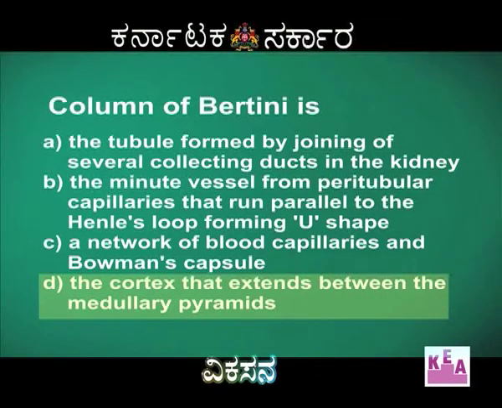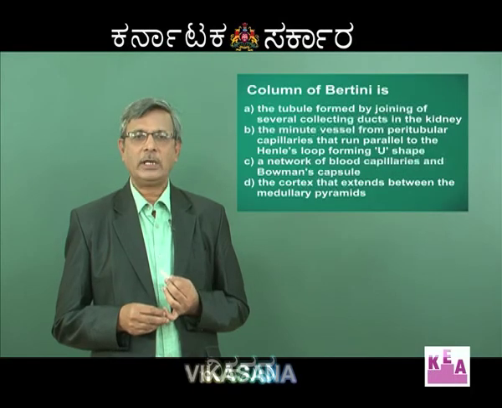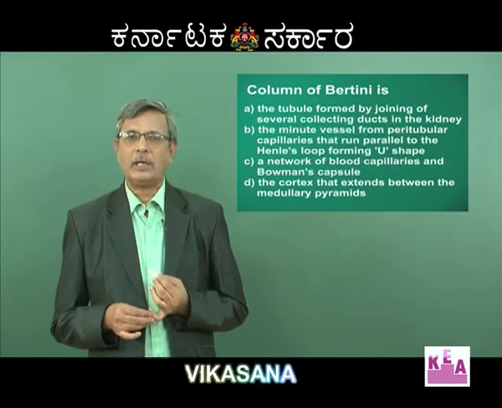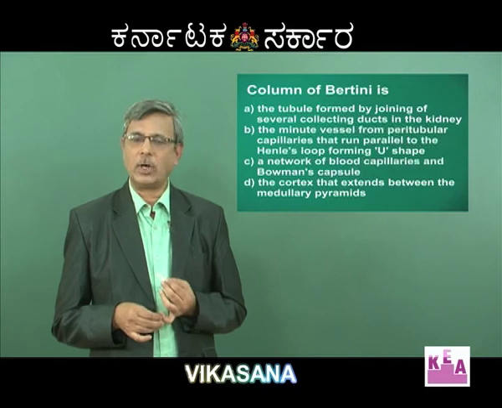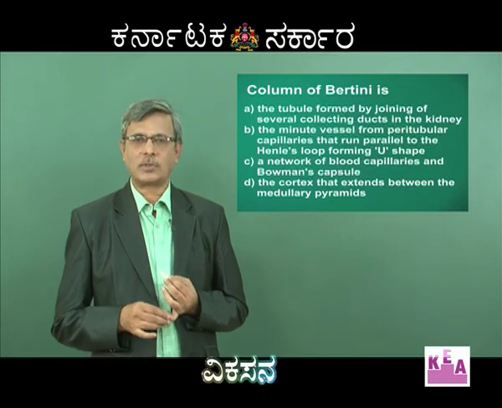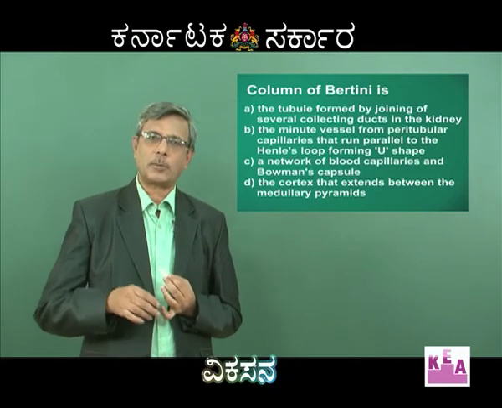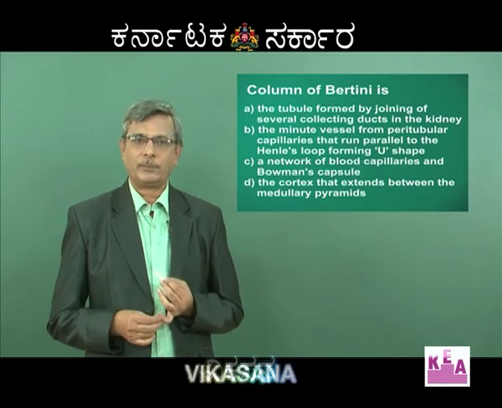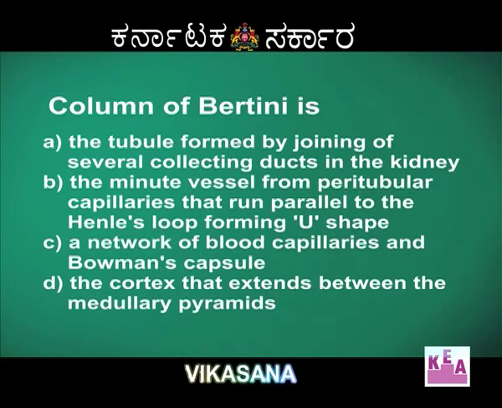Now let us look into other options. Option 3, a network of blood capillaries and Bowman's capsule. Already you know this is called renal corpuscle or Malpighian corpuscle or Malpighian body. Option 2, the minute vessels from peritubular capillaries that run parallel to Henle's loop forming U shape. It is nothing but vasa recta, which are well developed and get associated with the loop of